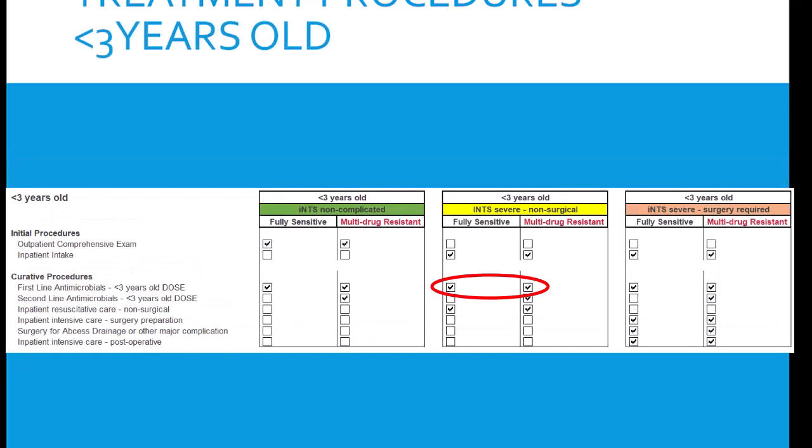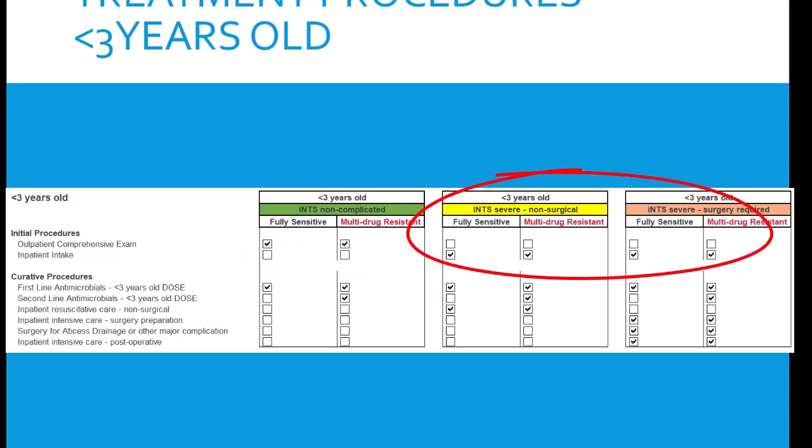When you get to the under 3-year-olds, you have the same situation. So under 3-year-olds who are going to be handled on an outpatient basis get an outpatient comprehensive exam, whether they are fully sensitive or multi-drug resistant. Those who are considered to be worthy of getting INTS severe diagnosis, either surgery required or non-surgical, will have the